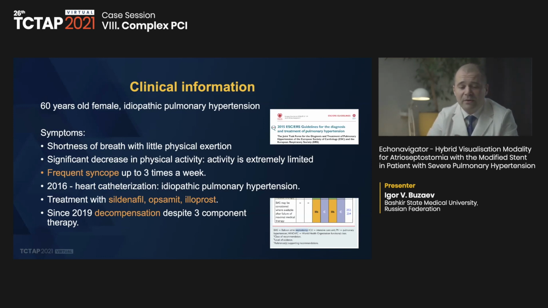On echocardiography, we can see the right ventricular hypertrophy, the paradoxical movement of the ventricular septum, and the left ventricle has the specific banana shape. The patient had a high right ventricular systolic pressure, about 120 millimeters,